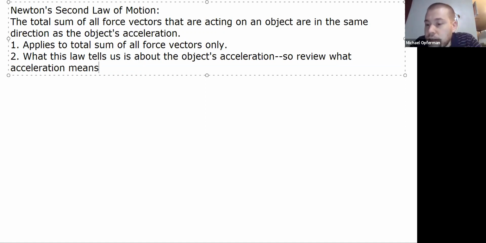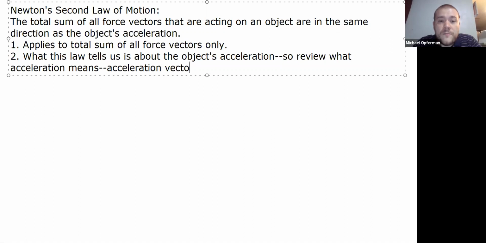Because acceleration is definitely not the most intuitive property of an object's motion, but it turns out to be a really important one just because of how physics shakes out. It turns out that the acceleration is what you are actually going to be calculating about the object's motion most of the time. You can go back and review what acceleration is on your own, but just to give you the super quick version,